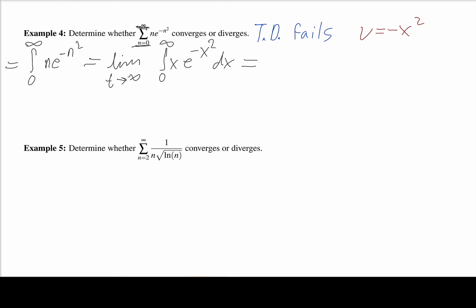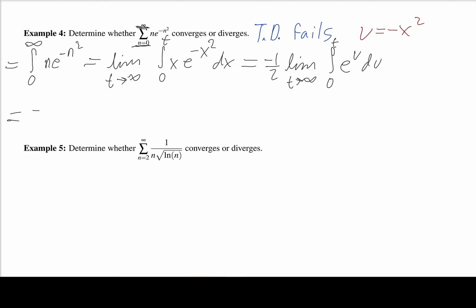So this will become negative 1/2 times the limit as t goes to infinity of the integral from 0 to t of e to the u du,